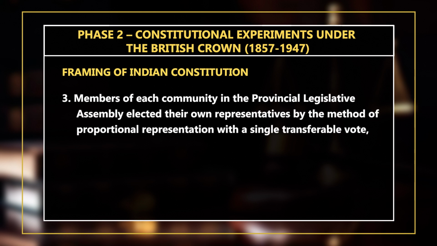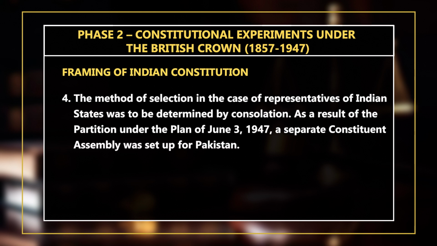Third, members of each community in the Provincial Legislative Assembly elected their own representatives by the method of proportional representation with a single transferable vote. Number 4, the method of selection in the case of representatives of Indian states was to be determined by consultation. As a result of the partition under the plan of June 3, 1947, a separate constituent assembly was set up